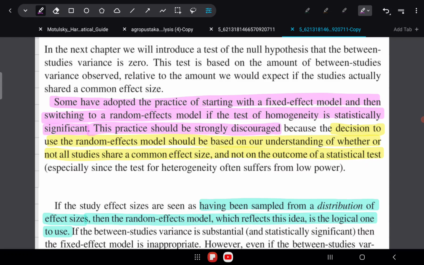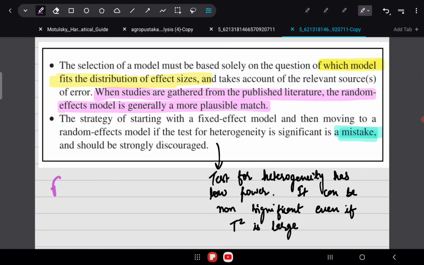Okay, so some people adopt the practice of first going for fixed effect modeling and performing a test for heterogeneity. If the test for heterogeneity is significant, they would switch over to random effect modeling, and I'll tell you why this is problematic. This is problematic because the test for heterogeneity has very low power. So let's assume a person first decided to go for fixed effect modeling and then performed the test for heterogeneity. If the test came positive, they thought, okay, maybe there is too much heterogeneity, I'll switch over to random effect modeling. This may be fine, it's possible, and it is recommended that if you do fixed effect modeling and the test for heterogeneity is significant, then you should reconsider your assumptions.